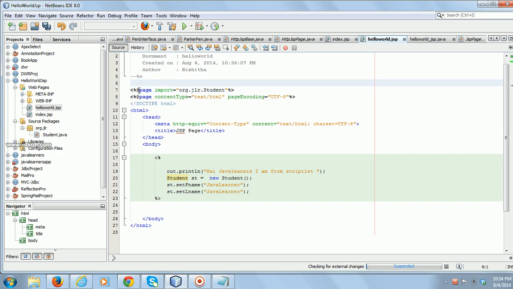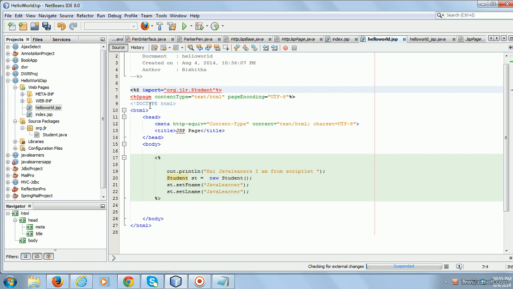The page directive starts with percentage at the rate, and there are different types of directives. Page is one of the directives. If you see percentage at the rate, you will understand that it is a directive, and page is one of them. There is another one like taglib.